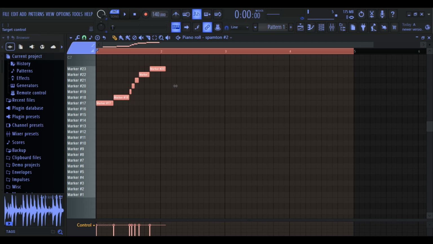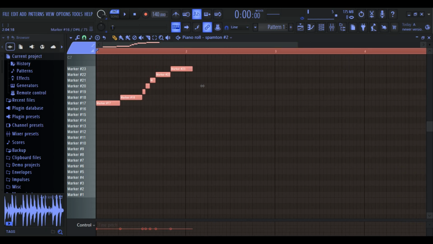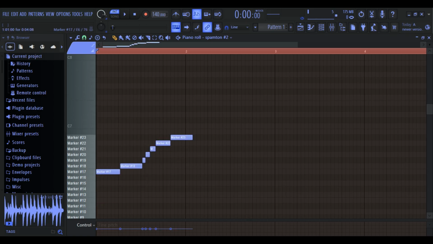I clicked on this and I found, you probably can't see it, but there's a drop down here that says Note Fine Pitch. Normally you'd edit the velocity, which is how loud a note plays, but here we're going to edit the fine pitch. So if we hover over a note and then hold down Alt and scroll, you can change the pitch at which this sample